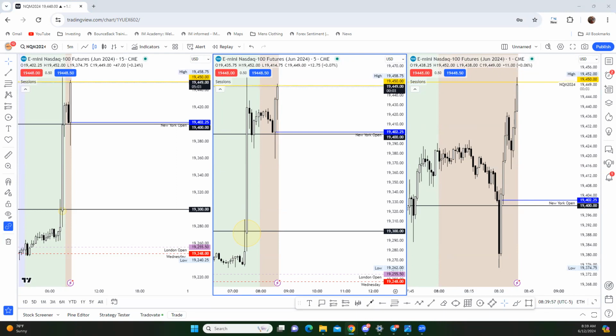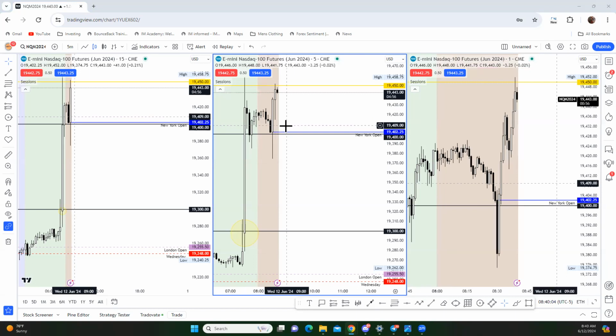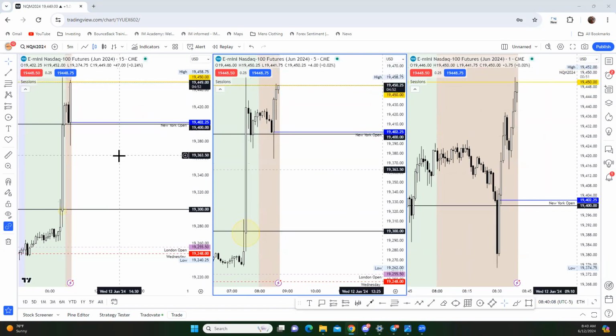So 5 minute close, another 5 minute close strong, right? It only takes 3 5 minute candles to make a 15-minute candle. So I'm really gonna be focused on this area here as they try to break out of the high in the range.